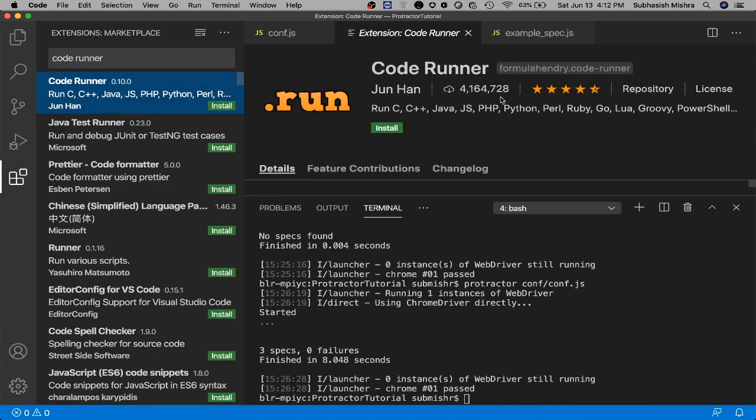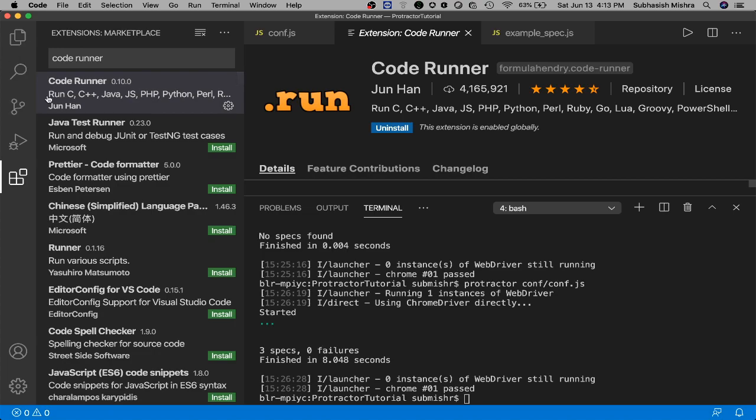This is an extension which can be used to run code snippets in so many languages like C, C++, Java, JS, PHP, Python, Perl and all. So let's install it. It got installed. As we have this extension right now, let's see how this extension helps.